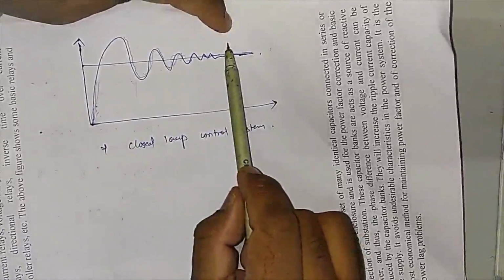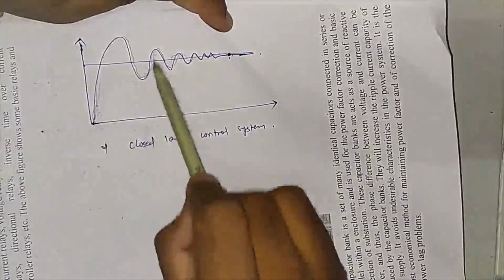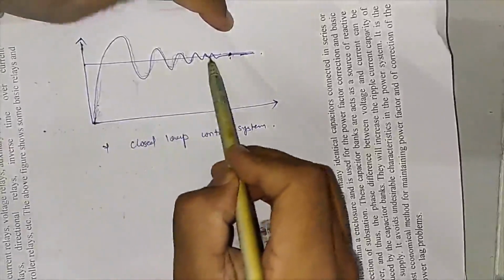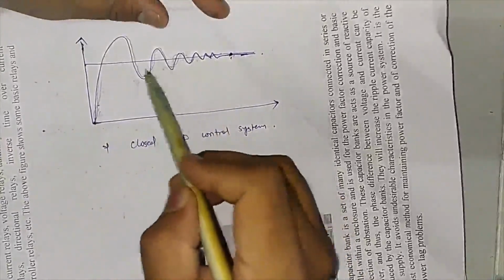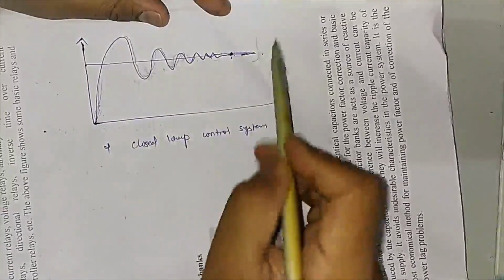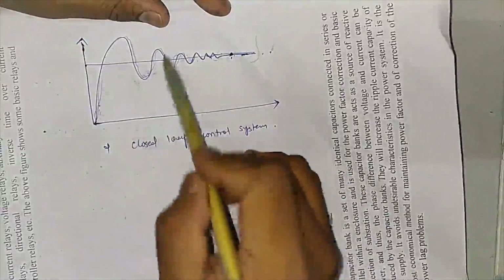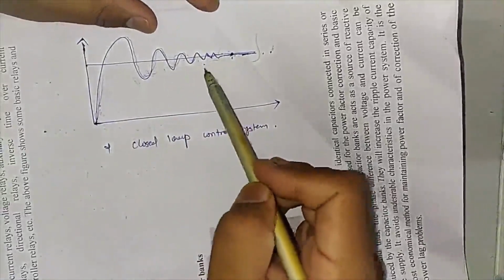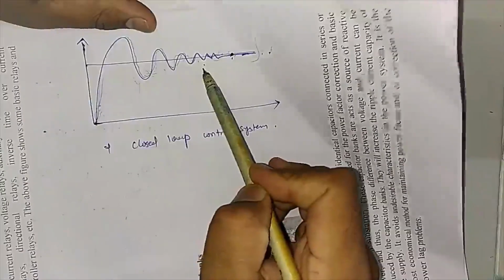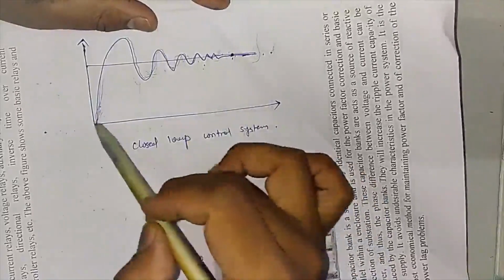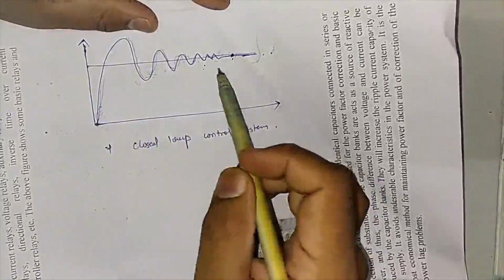Now if the system does not have an ability to oppose the oscillations, it will not oppose them. If it is not opposing, that means these oscillations remain continuous and keep going on from here. If the oscillations continue, that means these oscillations are running at a particular frequency. Okay, that frequency is nothing but your omega n.